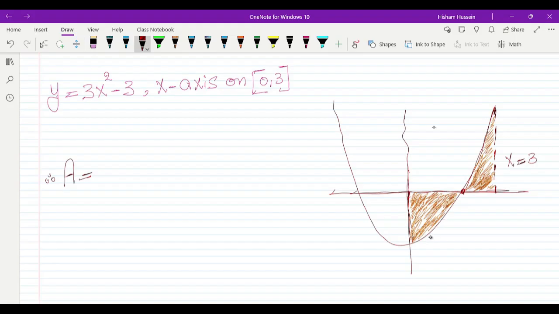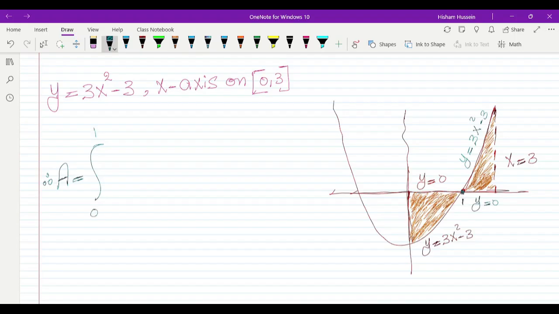Regarding the first part, here we have y equals 3x squared minus 3, this is the lower curve, and y equals 0, this is the upper curve. Regarding the second part, y equals 0 is the lower curve, and y equals 3x squared minus 3 is the upper curve. So the area now will be: for the first part, the intersection point here is at x equals 1, integration from 0 to 1. The upper curve is y equals 0 minus the lower curve 3x squared minus 3, dx, plus integration